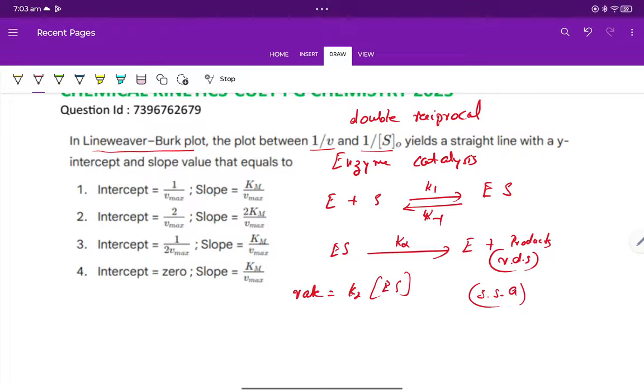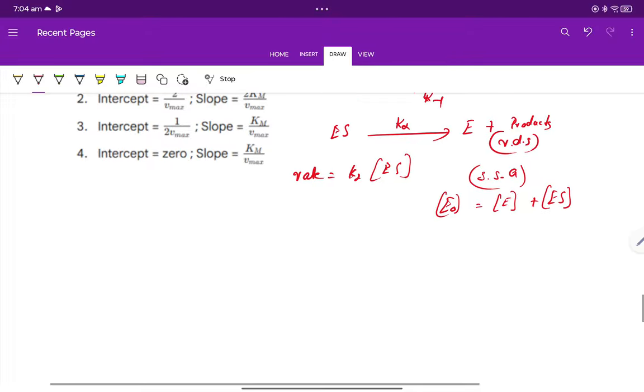One is the steady state approximation, and the other is that the total enzyme concentration E0 at any time will be equal to the concentration of the free enzyme E plus the concentration of the combined enzyme, which is the enzyme substrate complex. Taking both of these and making some manipulations in the equation, your rate will be equal to k2, and the concentration of ES will be given as